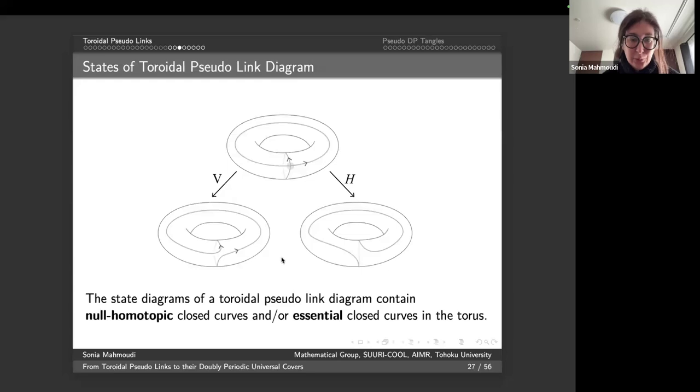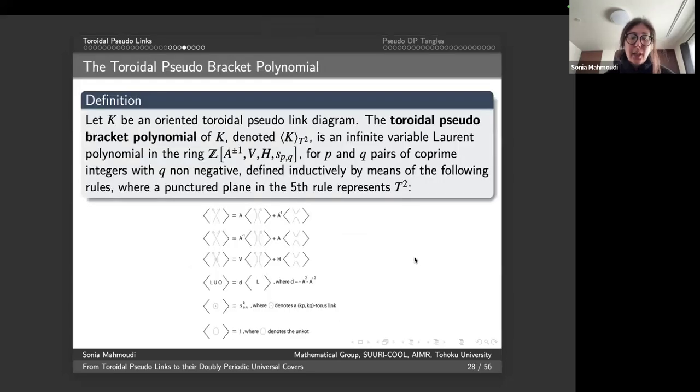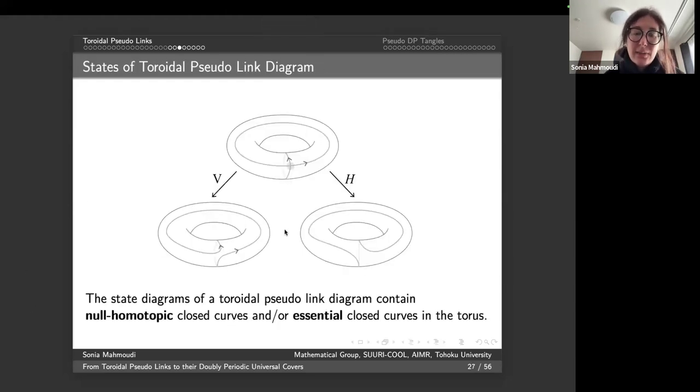We choose a different way. So here we suggest a new variable. Let me go back to this slide. One thing that is quite well known is that any essential closed curve or set of essential closed curves that will appear in the state diagram will be nothing else than a torus knot or torus link, which means that we can characterize